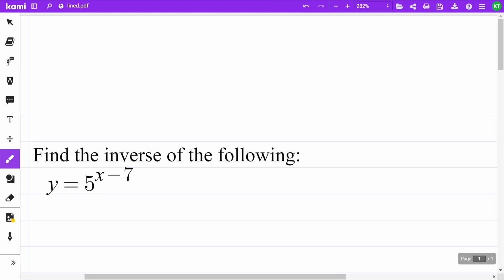Before we go into solving inverses of logs and exponentials, I just want to briefly talk about how logs and exponentials work as opposites of each other, canceling out like addition and subtraction, multiplication and division, squares and square roots. So for example here, if I have